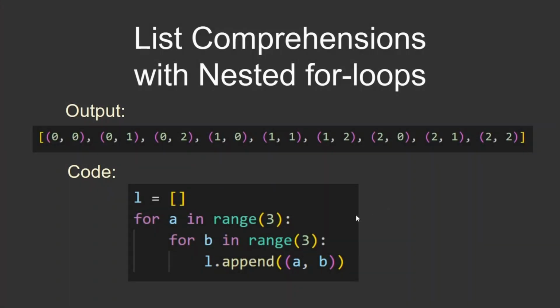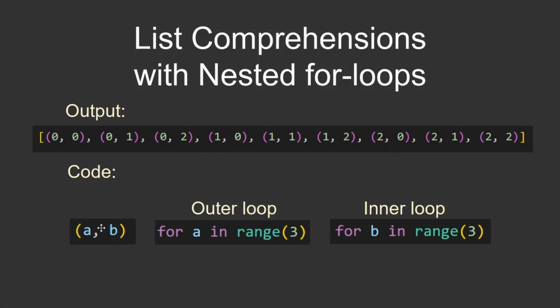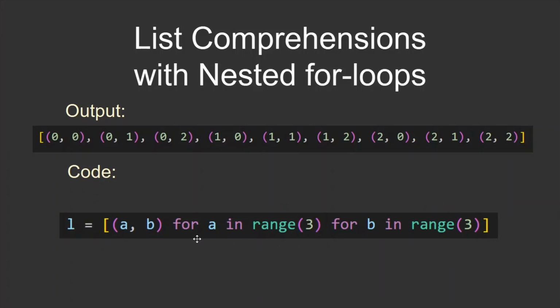Also possible. For better understanding, I'll use a for the outer loop and b for the inner loop. First we want to add just the values, so you just nest two for loops. So while a is 0, b has the values 0 to 2. Then a is 1 and b has the values 0 to 2, and so on. So these are the main parts for the list comprehension. You put the append part, then first the outer loop, and then the inner loop. So this is the list comprehension.